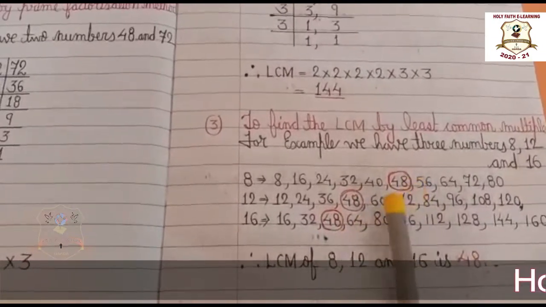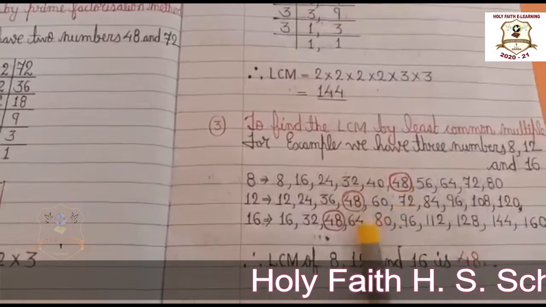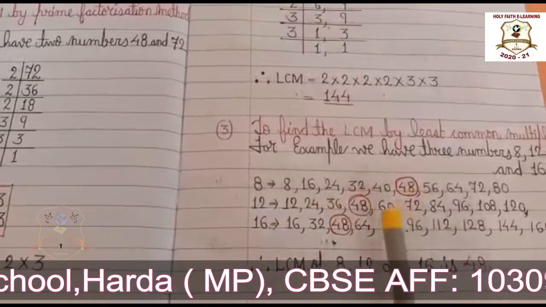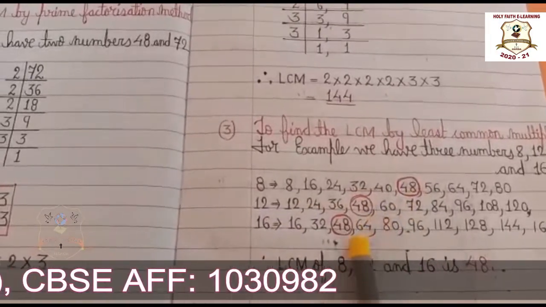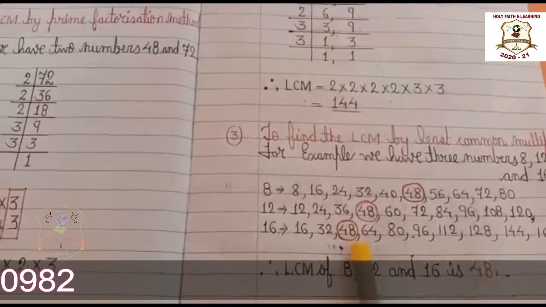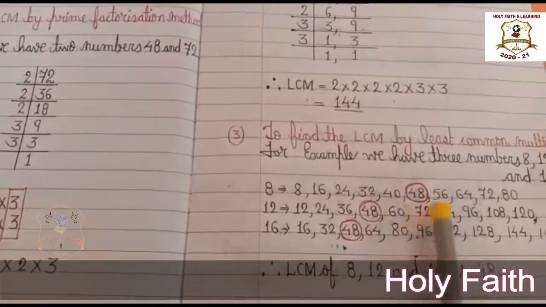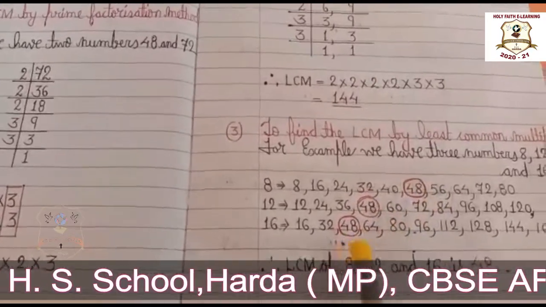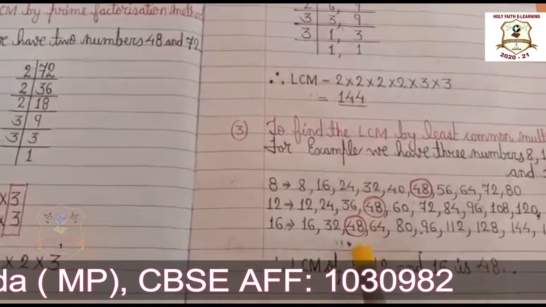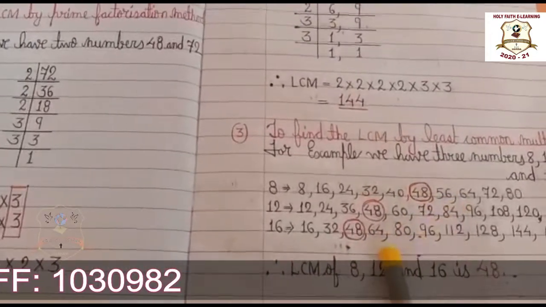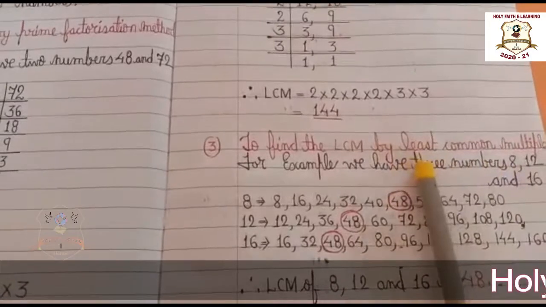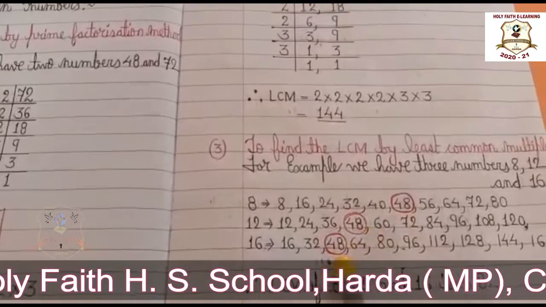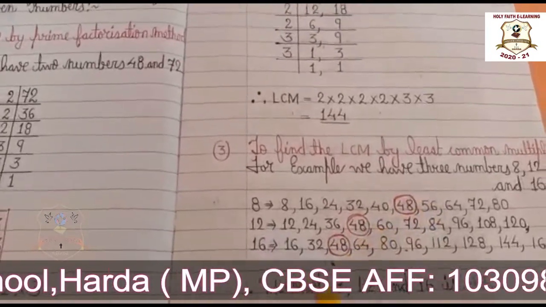इन 3 tables में क्या common है, कौन सा number common है? That is 48 ना बेटा. 48 8 के टेबल में भी आता है, 12 के टेबल में भी आता है, and in also 16 के टेबल में भी आता है. ओके ना. Now we make a circle in our common multiple, and we find whether that is the least common multiple or not. Least, what is the meaning of least? मतलब सबसे छोटा. ओके, सो 48 तीनों में कॉमन भी है और तीनों का सबसे छोटा कॉमन मल्टीपल भी है.